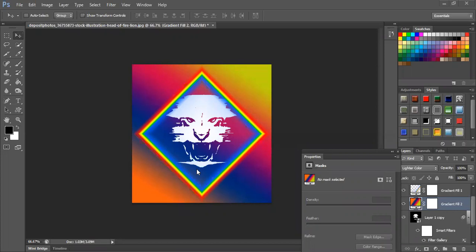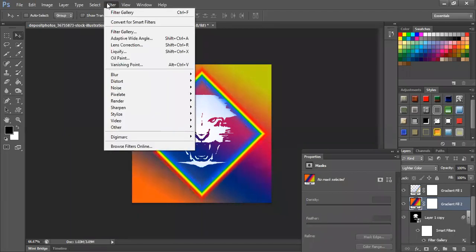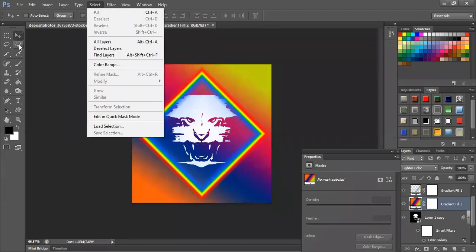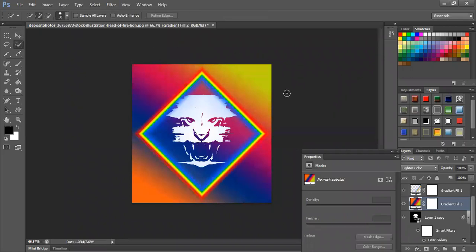I have covered multiple tools in Photoshop, as many as I could. I've covered the entire toolbox. I've covered layers, adjustments. We've also looked at our select option. We've looked at the filter option today. So yes, there are multiple options which we have covered. You can try out the various options which are available, and in case you have any queries, you can just connect back to me.